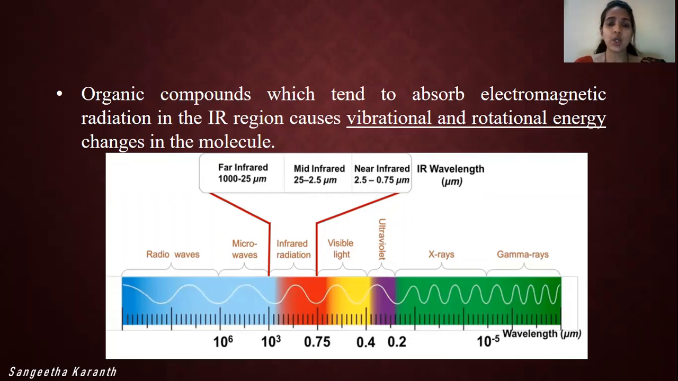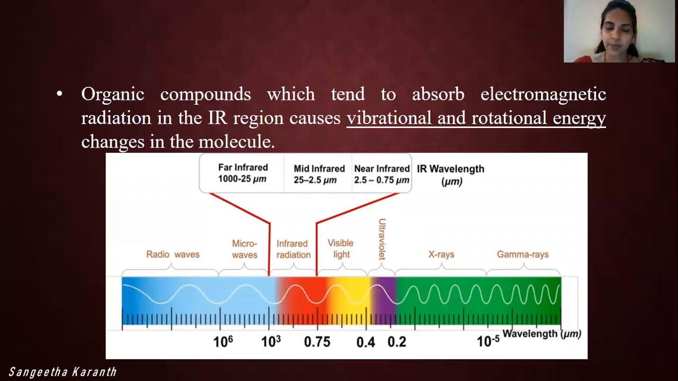So we know that in UV visible spectroscopy, when the molecules absorb in the UV visible region, they undergo electronic transitions. Different types of transitions are also observed, like sigma to sigma star, pi to pi star, etc. But in case of IR spectroscopy, when the molecules absorb radiation in the infrared region, then they undergo